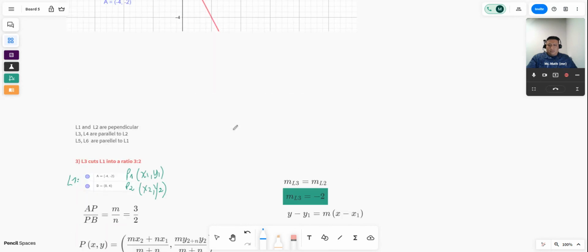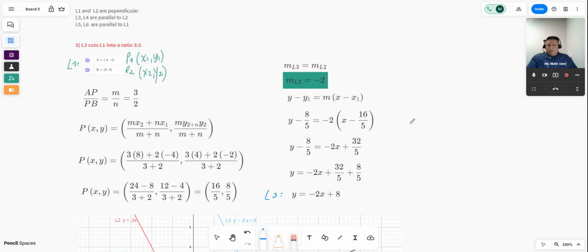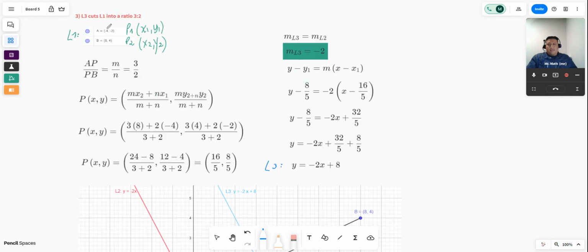All right, let's continue to point 3. On point 3, line 3 cuts line 1 in the ratio 3 to 2. So the ratio is given already. So we're going to use exactly the same formula. We're using the terms of the ratio, and we're using points A and B to find that this point P is 16/5 and